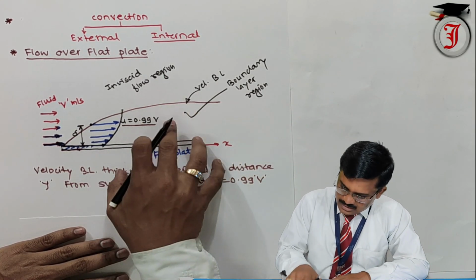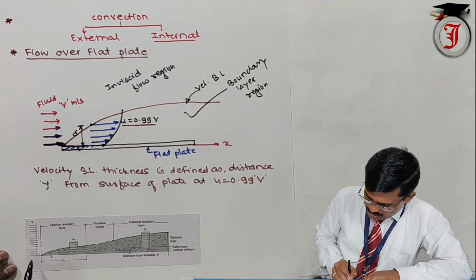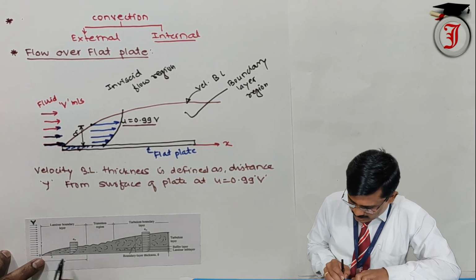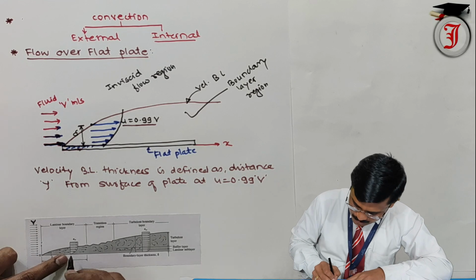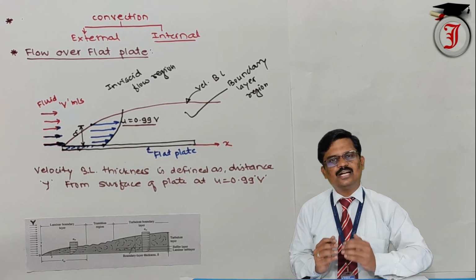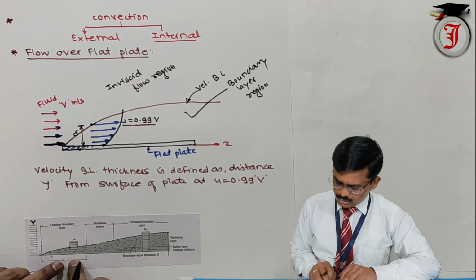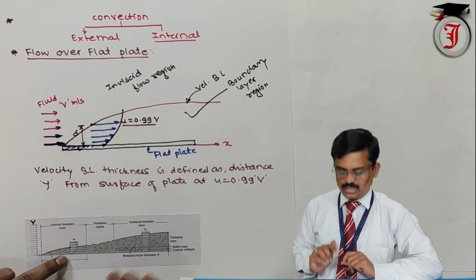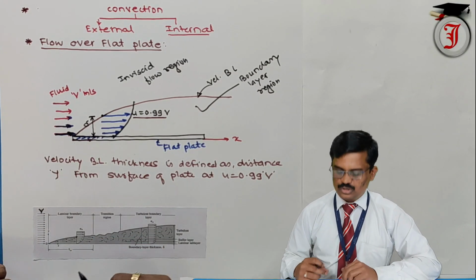Okay, so this is shown clearly by using this diagram. So let us consider this diagram. This is the upstream velocity V. When it comes in contact with the surface of a plate, the velocity of that first layer becomes 0 and this velocity goes on increasing. And the point beyond which there is no friction effect due to this flat surface is called the velocity boundary layer. And as we move along, the thickness of the velocity boundary layer goes on increasing.